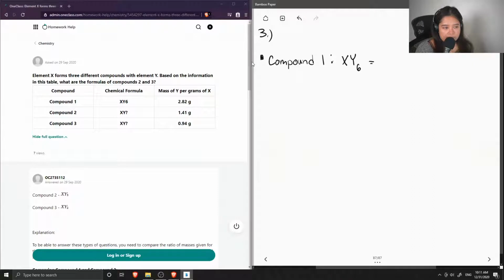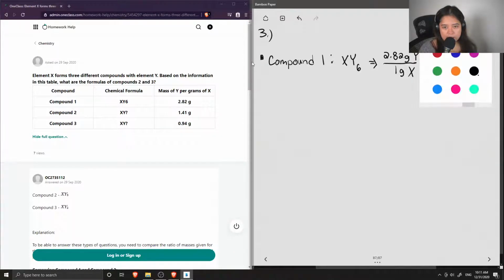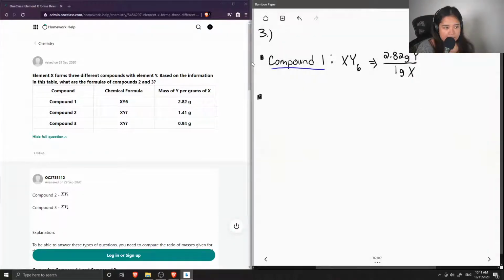And we also know its mass of Y per grams of X. So this means that in XY6, there are 2.82 grams of Y and 1 gram of X. Okay, so since we know everything in compound 1, we can use this information to try and find out the